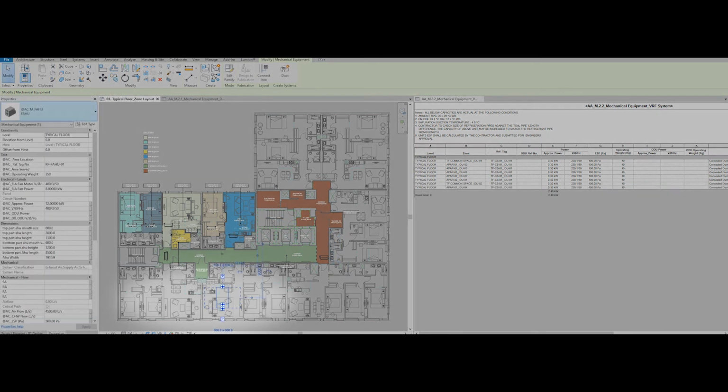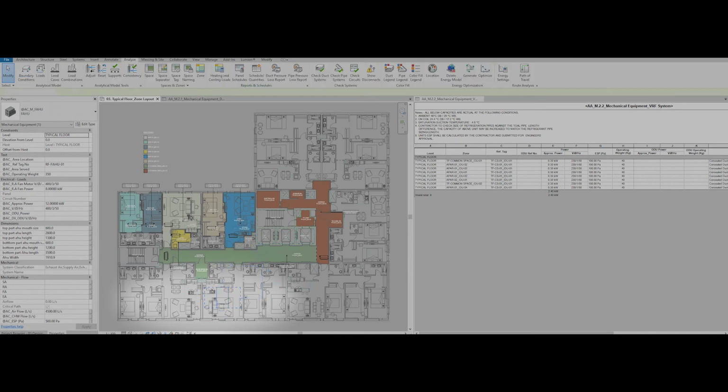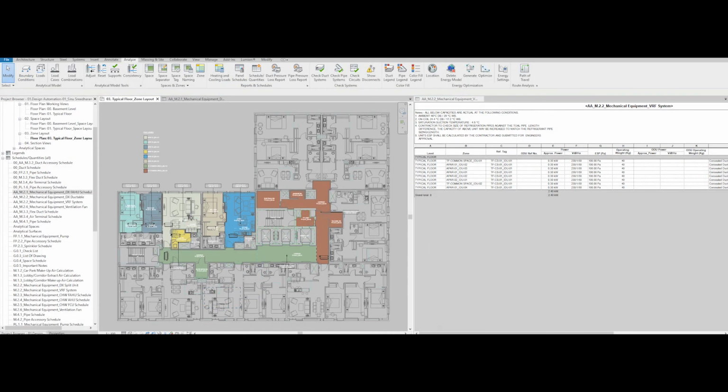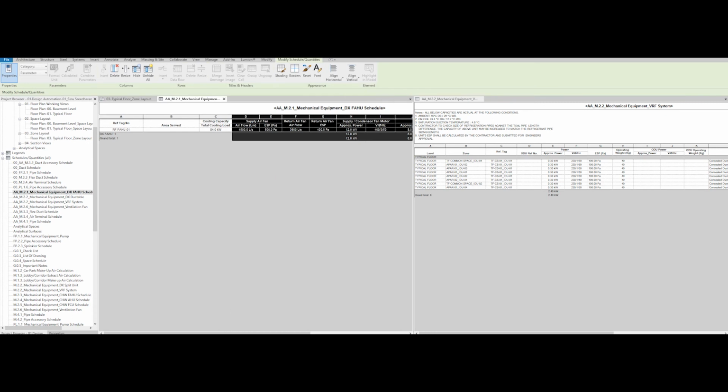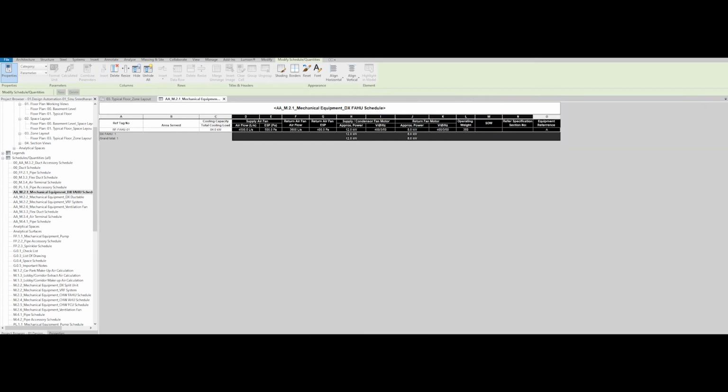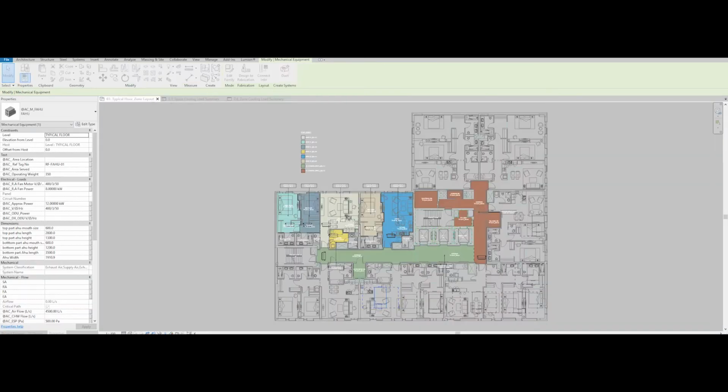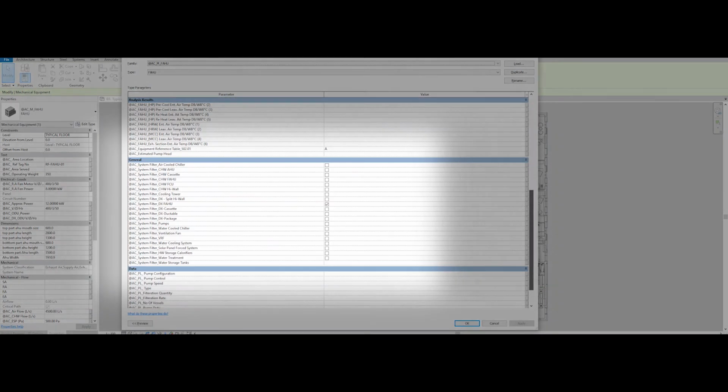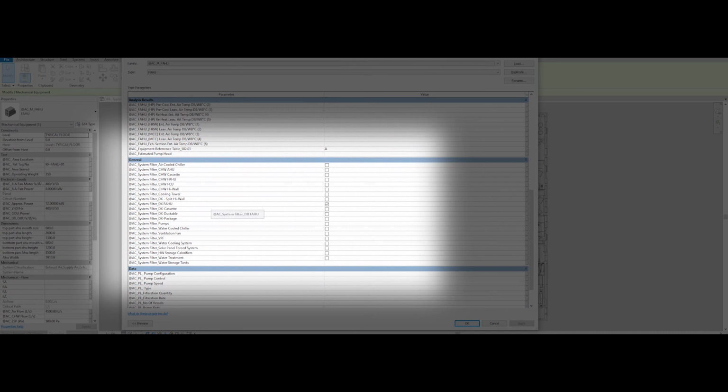See, if I'm just placing FAHU in this floor plan, it is not counted in the VRF schedule. For that we should open the FAHU schedule template, since all the mechanical equipment properties are very clearly segregated with their own schedule. So here is a selection for each equipment, showing how it is segregated with its own schedule.